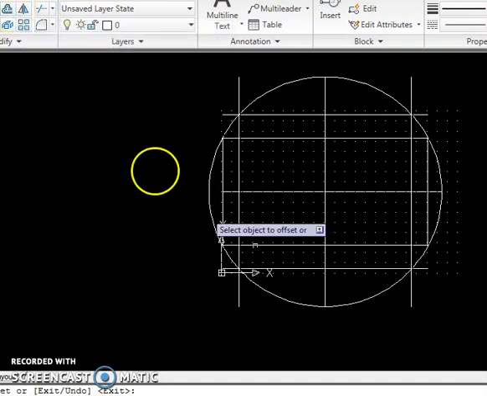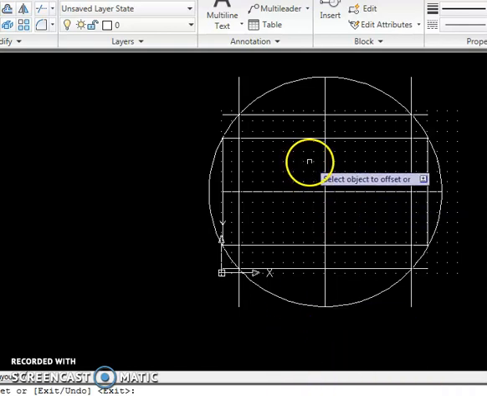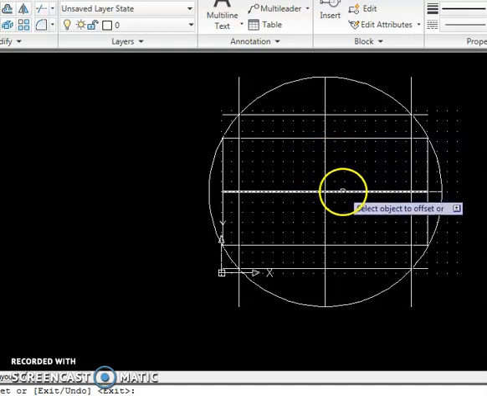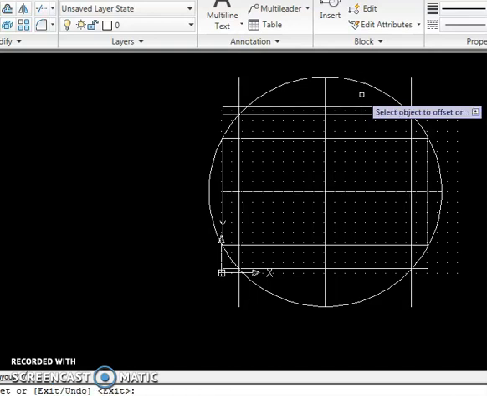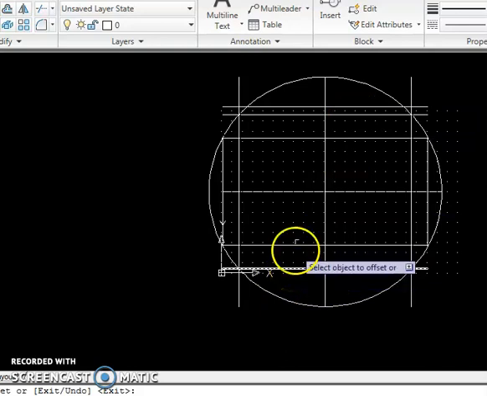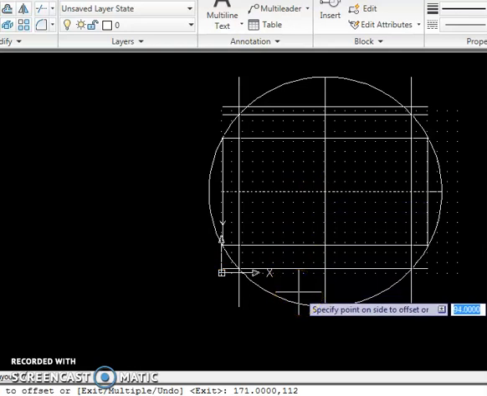At a distance of 112, select the object to offset, the horizontal one. See? Fine. Again same thing, you can select here at a distance of 112.